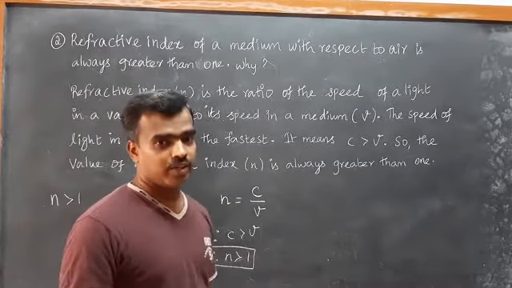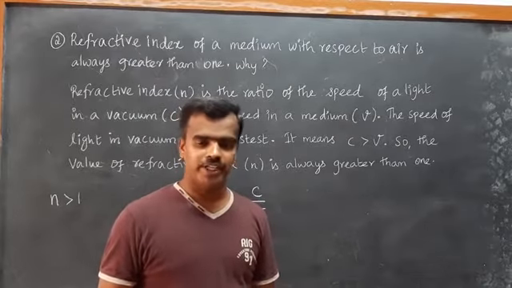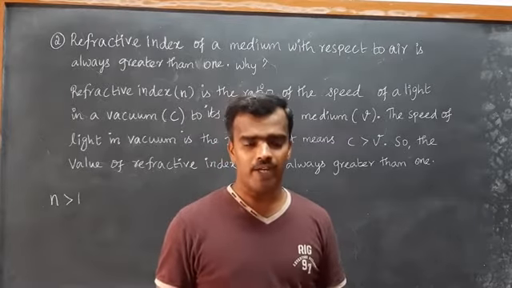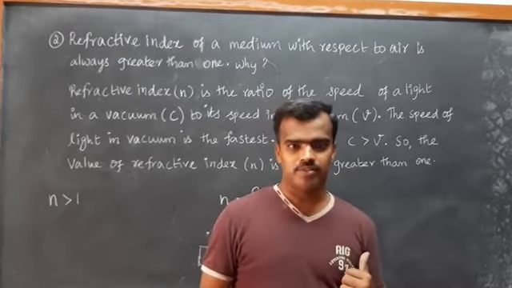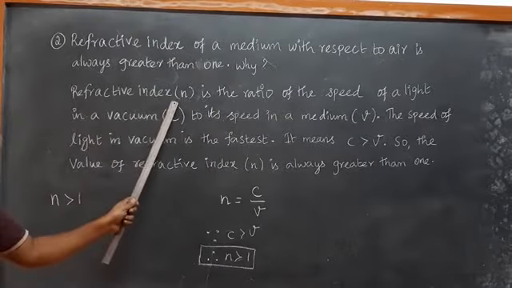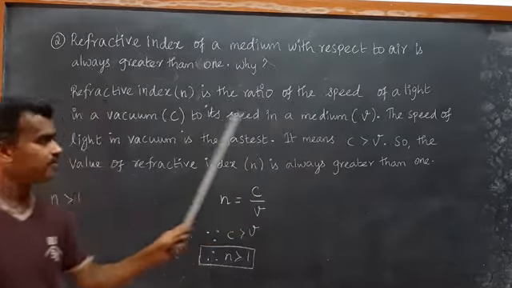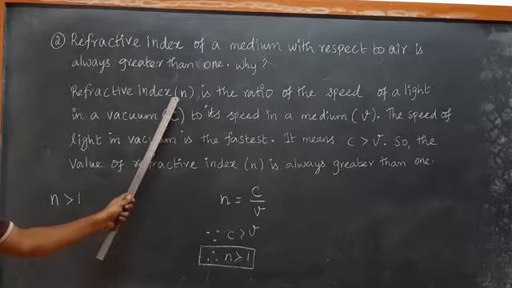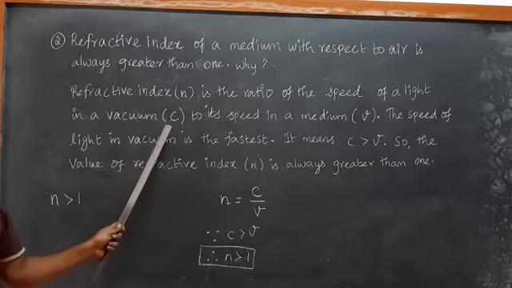As we know, the refractive index n is equal to the speed of light in vacuum divided by the speed of light in the medium. As a basic concept, the speed of light in vacuum is the fastest. That is the key word for this answer. Here I wrote the answer: the refractive index n is the ratio of the speed of light in a vacuum, with notation c,